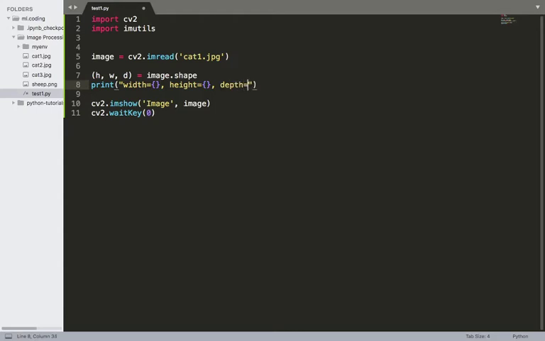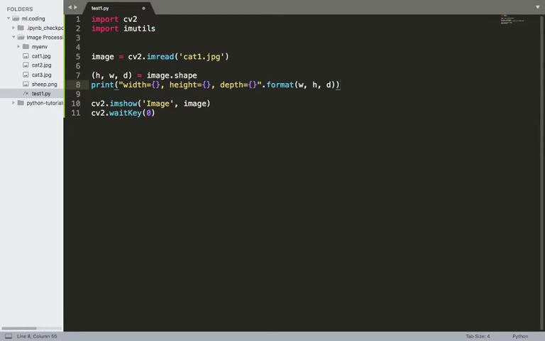After that, the format: whichever format you want to print on the terminal, with output width, height, and depth.